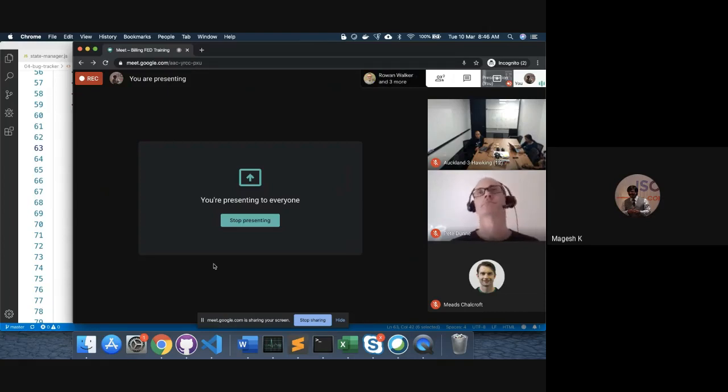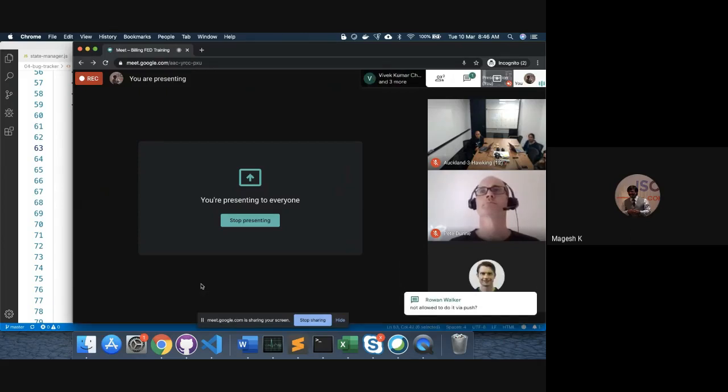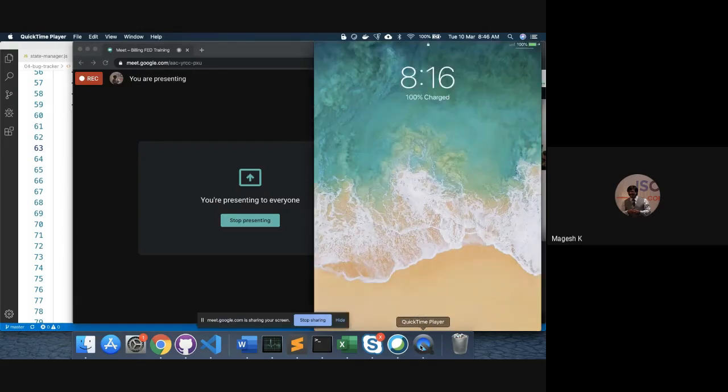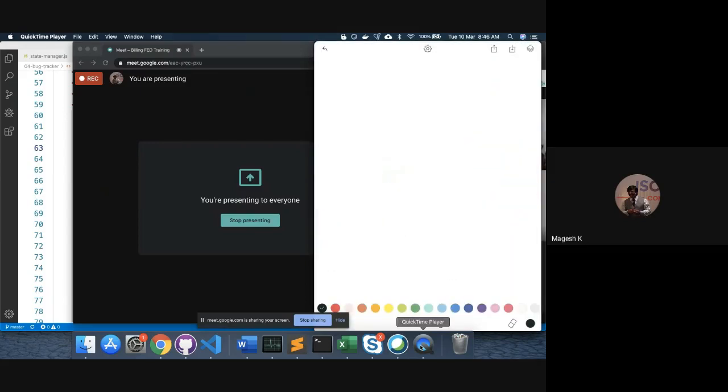See, the beauty of this model is, as I told you, it is very easy, not allowed to do it via push, right? But why is that a problem? Okay, so that is what we are going to discuss. As I said earlier, the beauty of this way of managing state in your application is that it gives you a very clear-cut idea about what happens in your application, what happens to the data